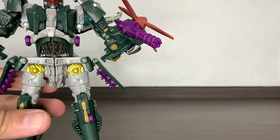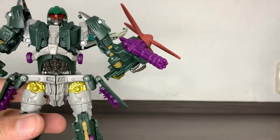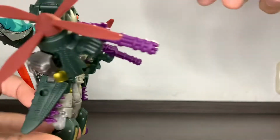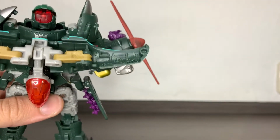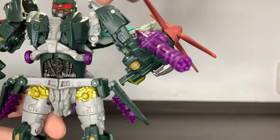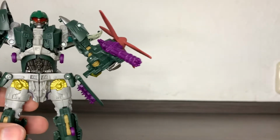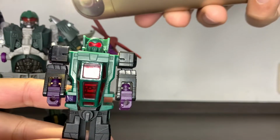It's not one of those light pipings which are kind of hidden or so complicated that the light doesn't get there. This guy has the whole back of his head engineered to do just that, you know. And the cool thing about this, let's compare with the original toy. So here we have the original Powerdive,